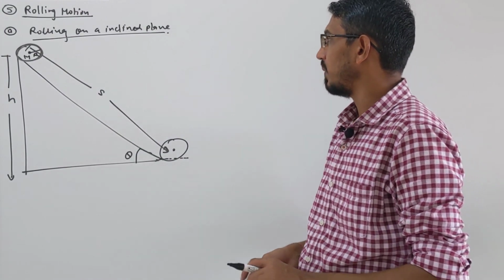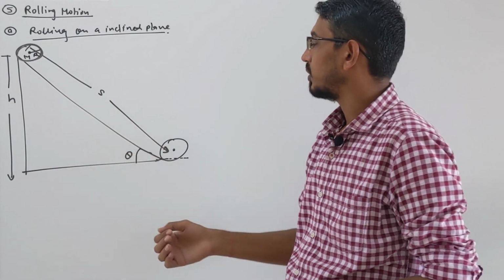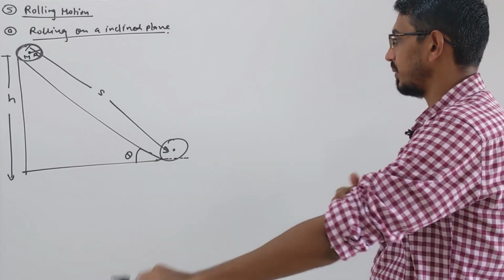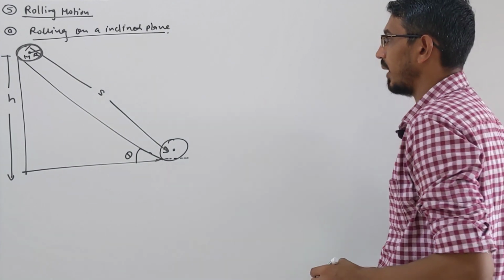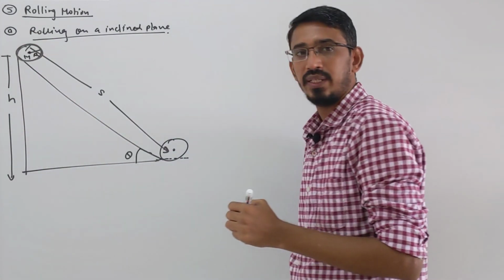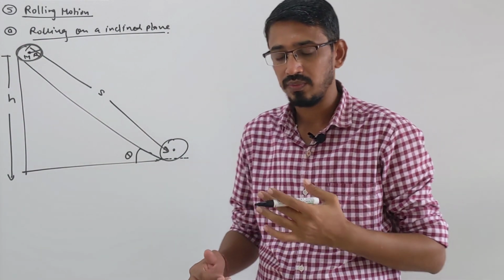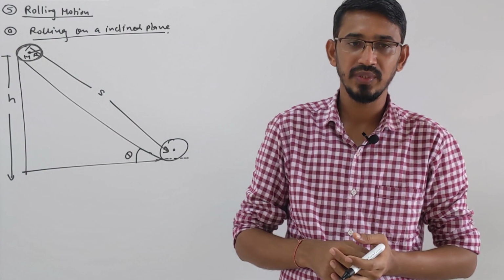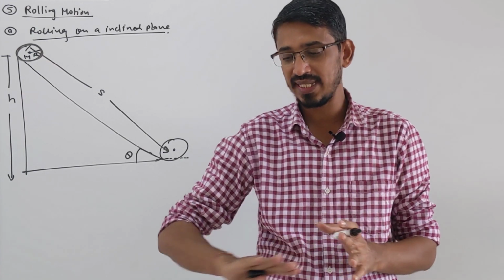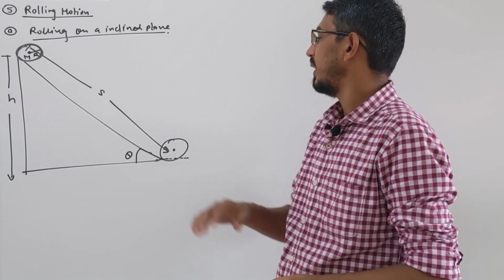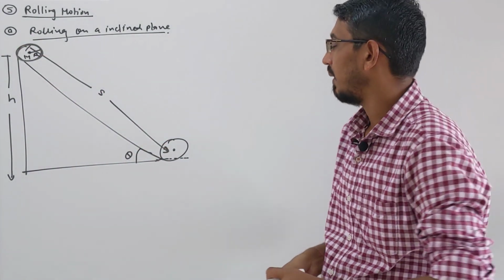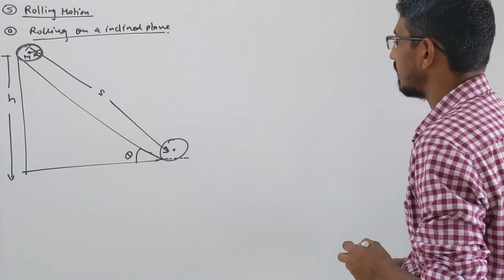So the same thing we already did in case of sliding in Newton's laws. Almost similar formulas will come, just rolling will be added, meaning rotation will be added to that sliding motion. So we assume that the object is placed here and it can roll, and for pure rolling we always need friction. If the surface is very smooth, then the body will not roll purely because it can slip or skid. So we always need friction to make pure rolling. I will talk about that. Let's answer first the three main questions that we are interested in.